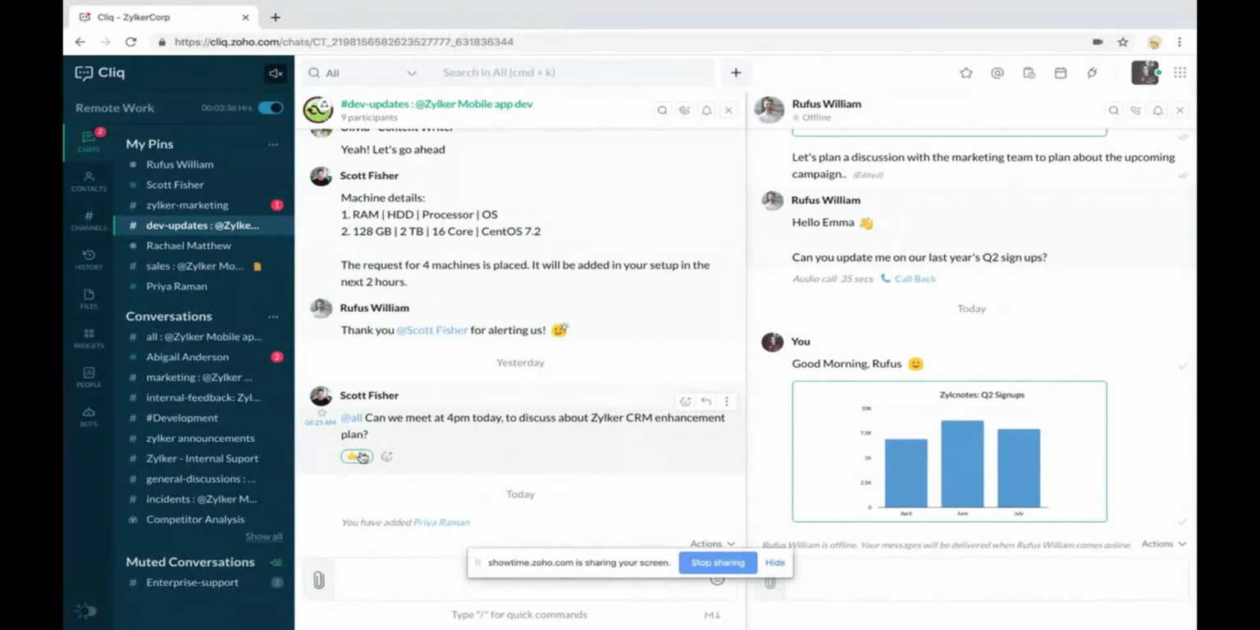Scott can just hover over and know who all has opted for what option right from hovering over. The sixth feature that we saw now is message reactions. Once Scott starts the meeting, we'll get a notification, and that